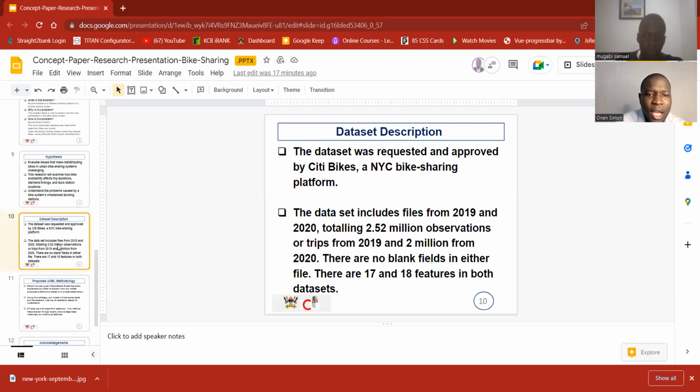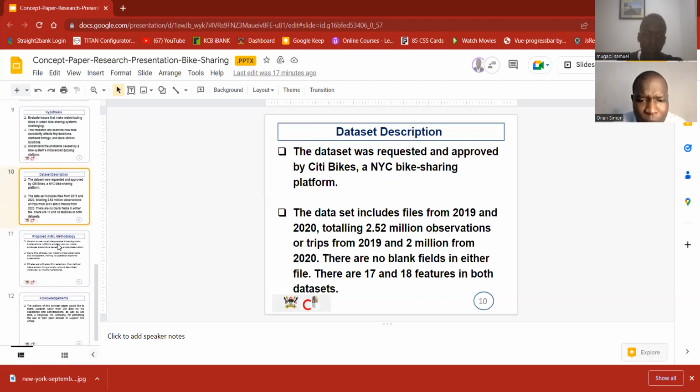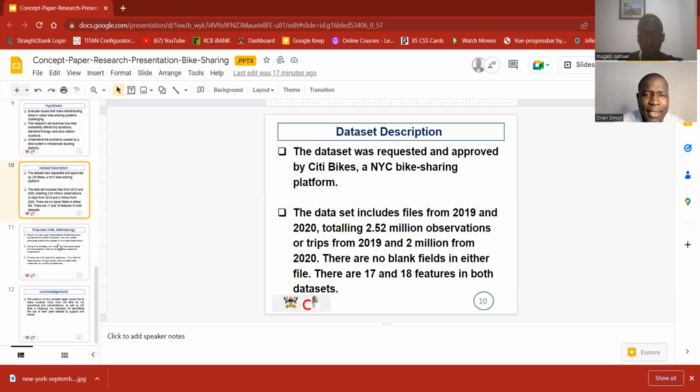Then after the hypothesis, if you can move on to the data description. So about our data description, what we are looking at here is what kind of data and the criteria we went through. As I explained earlier, we went formally. We first identified the data set on Kaggle. Then we reached out to the actual authors of the data set. Then after several approvals back and forth with the data support team from Blue Bikes, we were given permission to use the data sets. These data sets are for 3 years, and each year has at least 2 million records.